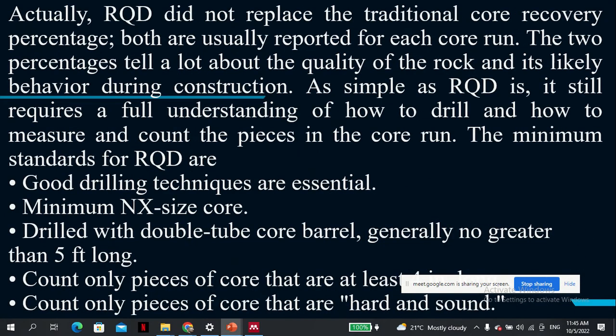Actually RQD did not replace the traditional measure. You can see the report I've just shown you shows the total core recovery percentage, so both are usually recorded. That's the point: RQD did not replace the total core recovery. Total core recovery is based on the length of the intact core that you can recover